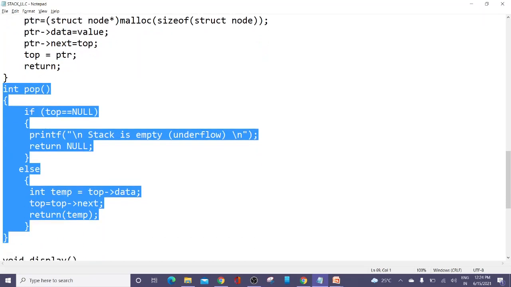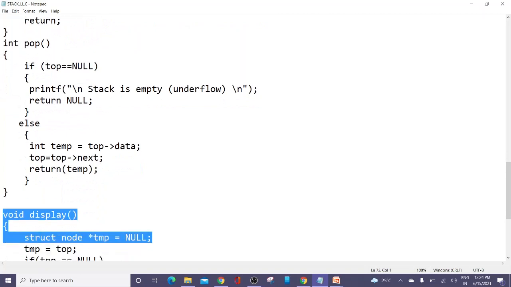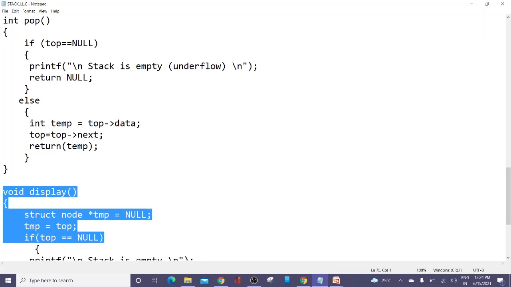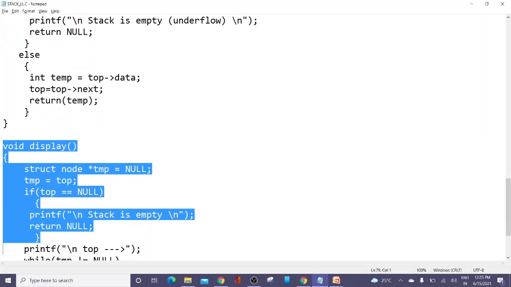So temp is the topmost element. In case of display, you create a temp and start temp from top, and you check whether top is equal to null. If top is equal to null, there is no element to be displayed. You can just display the message, stack is empty, and return.